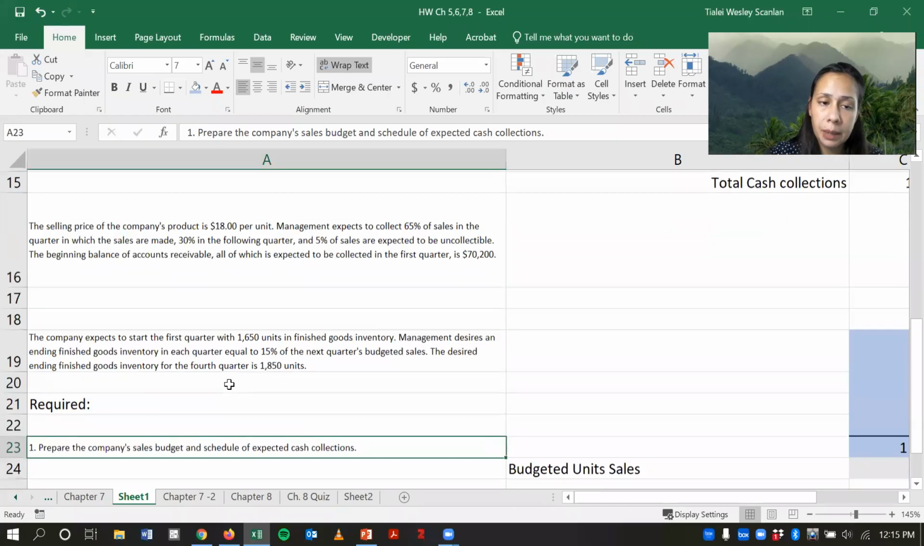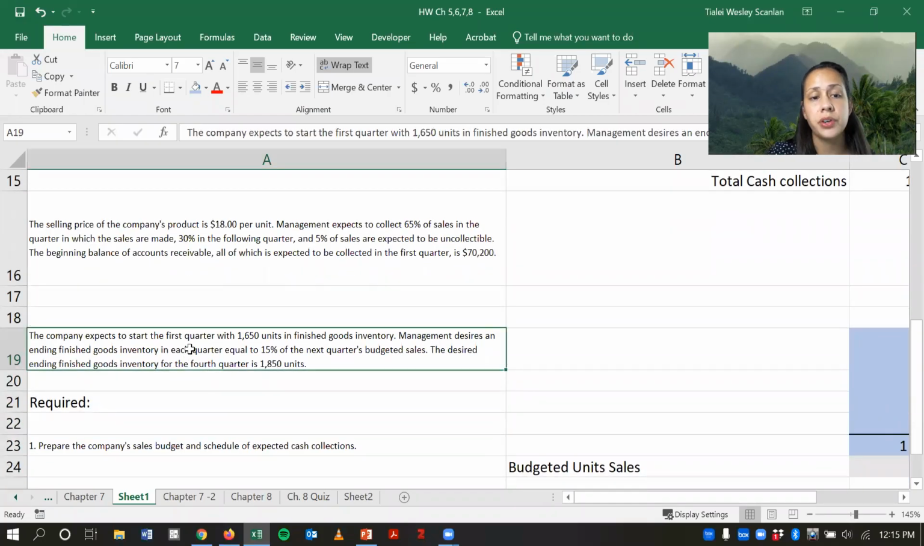Okay, so moving into the second part, the company expects to start the first quarter with 1,650 units in finished goods inventory. So they already have this beginning finished goods inventory of 1,650. Management desires ending finished goods inventory in each quarter to equal 15% of the next quarter's budgeted sales. The desired ending finished goods inventory for the fourth quarter is